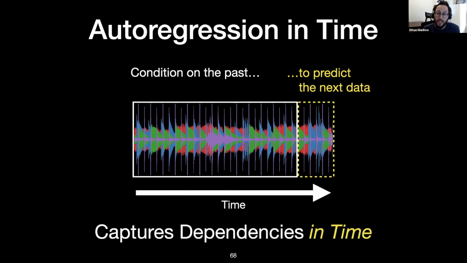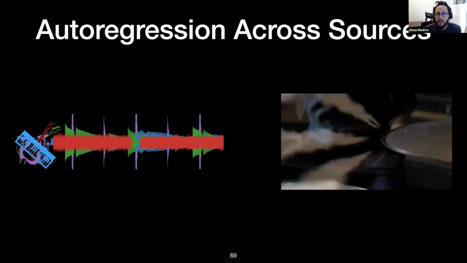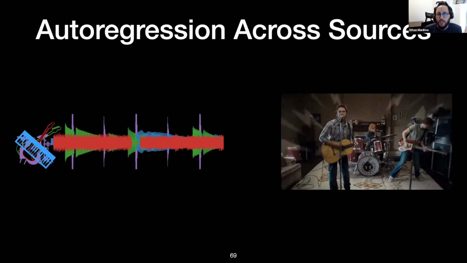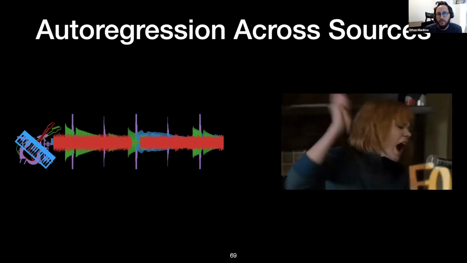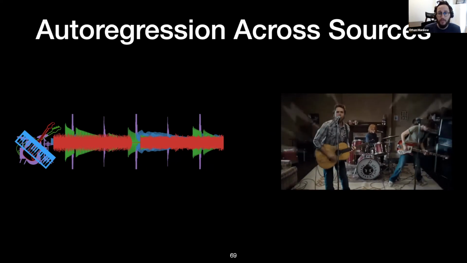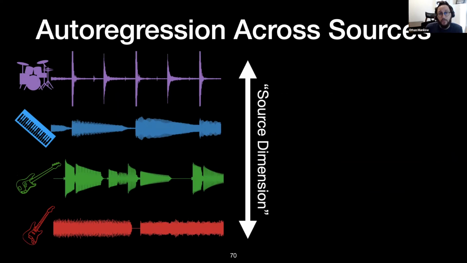between dependencies in time. So when we think about source separation again, these sources in music are interdependent. If we want to do some autoregression style learning to learn these dependencies between sources, we don't want to set up our autoregression in time, just like we saw in WaveNet. Instead, we want to autoregress along this source dimension. If we can do this, then we can use autoregression to learn these inter-source dependencies, but there's a problem.